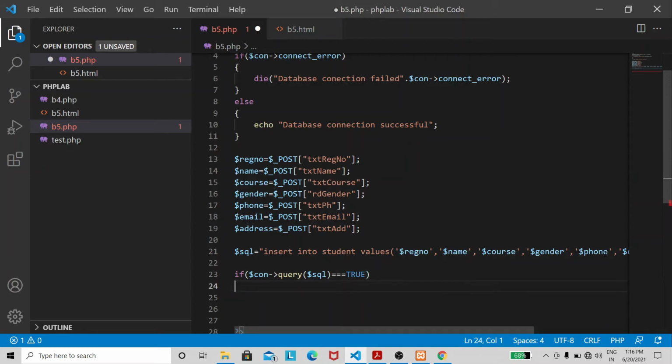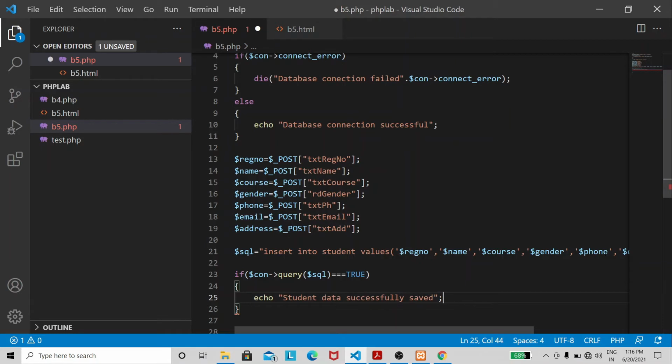Then echo student data inserted successfully saved.